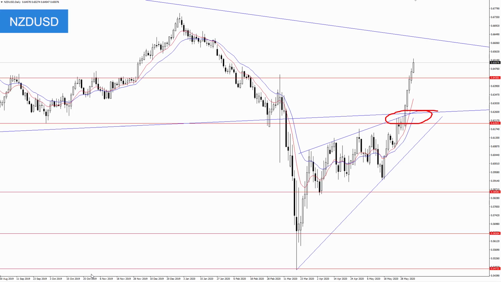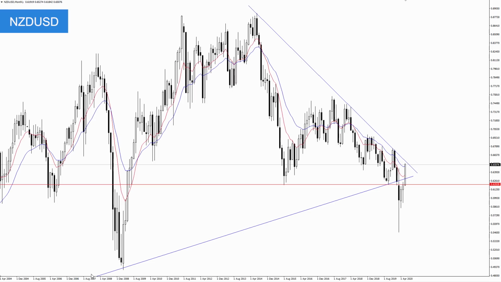But of course, the market had other plans, and not only broke through that area, but also took out 64.30 last week. But I'll be honest, and I could be wrong here, but I don't trust this move. Multi-year levels like this often get respected on a monthly closing basis. And considering that we're in the first half of June right now, I would not be surprised at all to see this move turn out to be a bull trap and to see June close back below that 62.50 region.